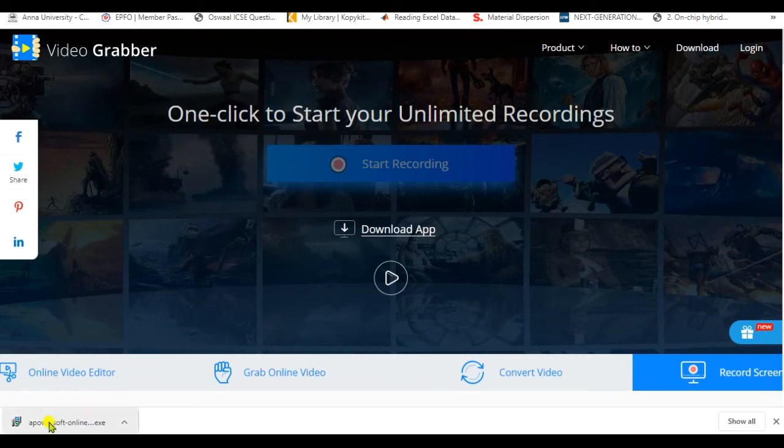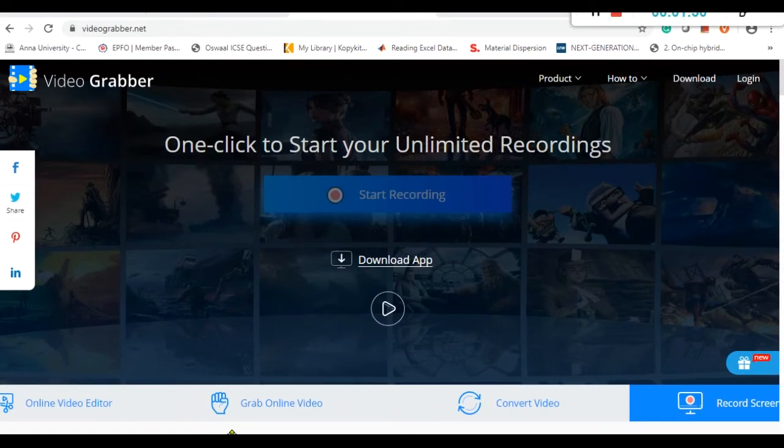So if you have a look at it, when you download the extension, it will appear something like this over here, right? Once the extension has appeared, double click on the extension and install it in your system. After installing, once again please come back to the same page over here and go for the record screen. Then it will take you to the page, as I told you already, for the start recording. If you click on that